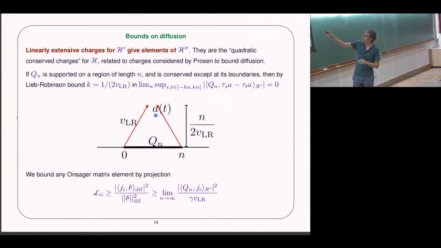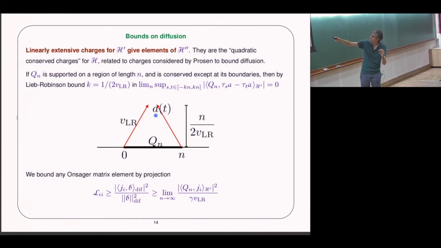And basically, if you think about it in terms of the Lieb-Robinson bound, well, this charge, if it's a conserved charge from 0 to n except for some boundaries, then the boundary effect will propagate with the Lieb-Robinson velocity. And this is the only thing that will prevent you from having homogeneity in time. So now you integrate over time. So the only thing that prevents you from having homogeneity in time, if you have something that's conserved, is